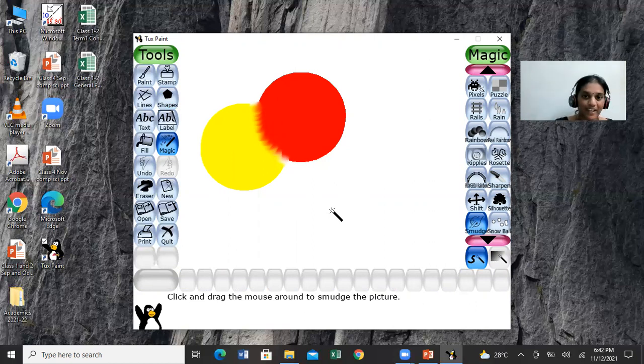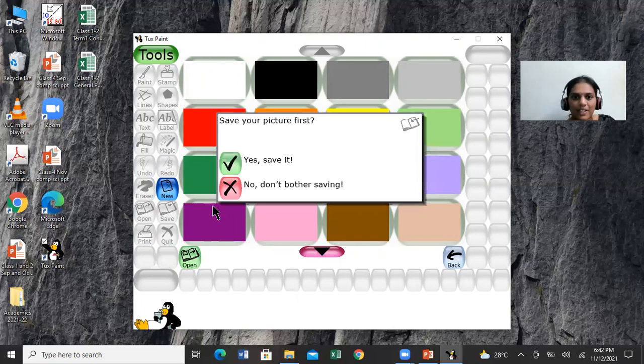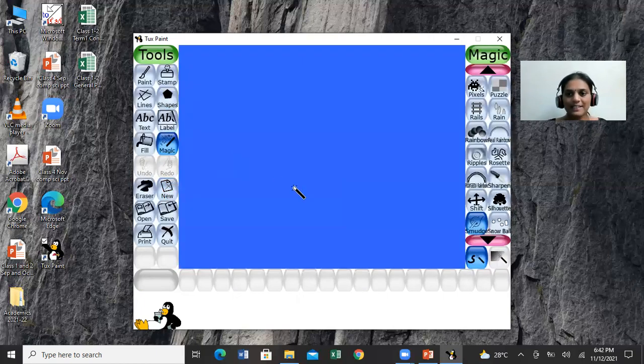And the next one is the waves effect. I'll show you how to make a waves effect. Take a blue background. You know what is meant by waves. We used to see the waves in the sea, right? Now I'm going to show you the effect of the waves present in the sea, which can be applied in TextPaint also. Think this is a sea and you have to create waves in it.